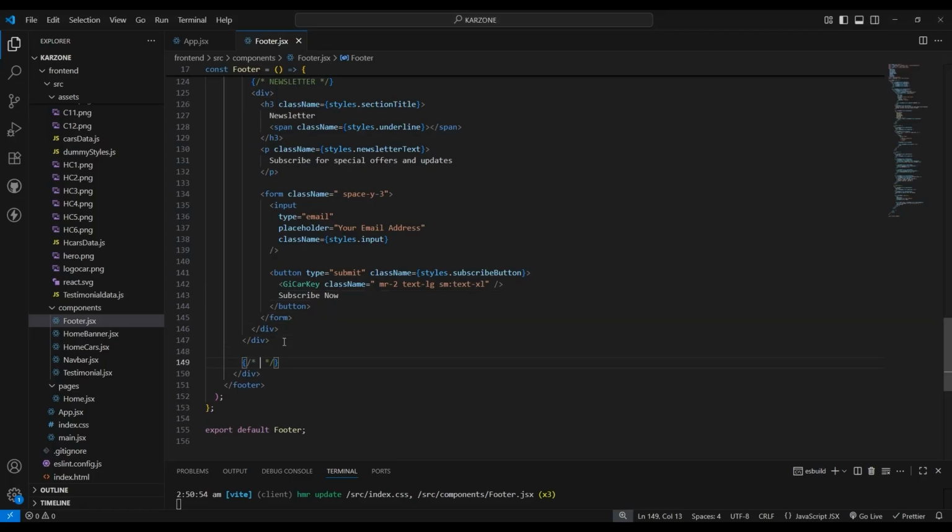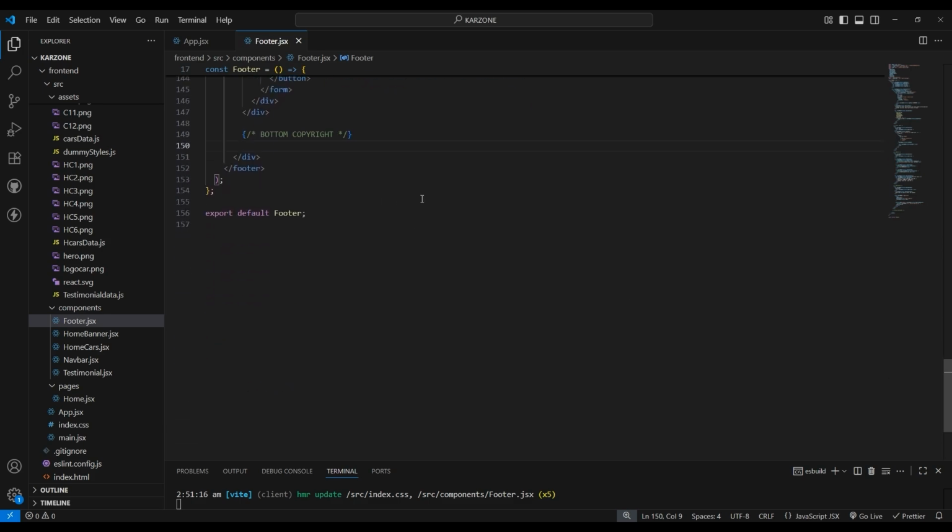Now after this div, create our section, that is bottom copyright section. So here let's scroll down and let me just type here a div tag, give class name here. It will be styles.copyright. Then after this, let's create a paragraph tag and inside this, just give this icon here and now type here